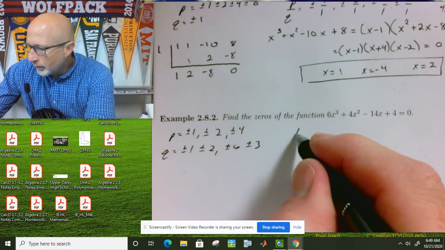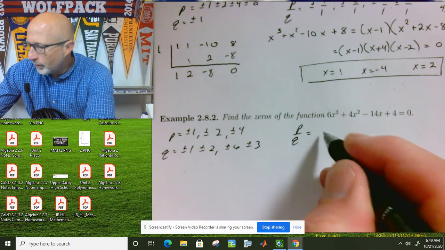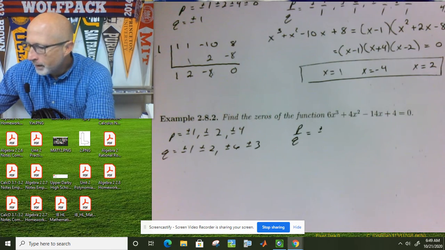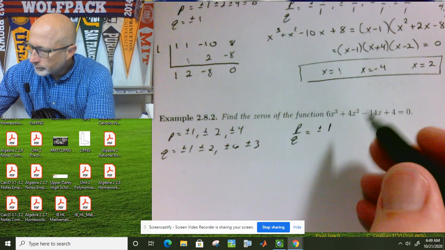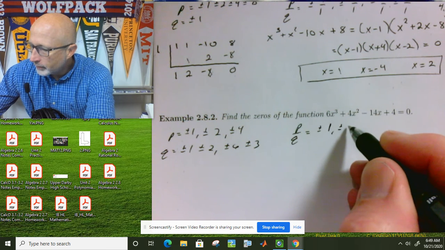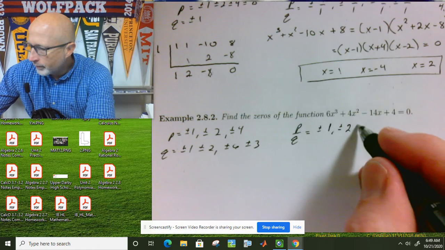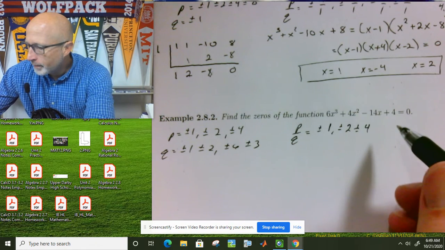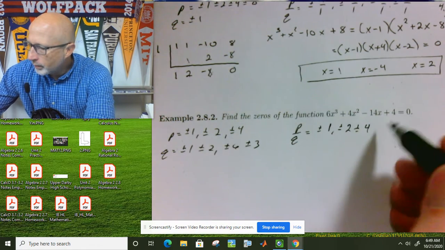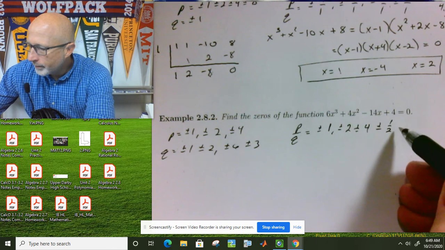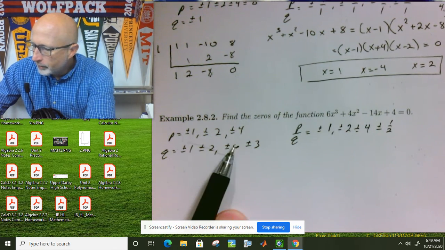Okay, so p over q is going to be in the form of plus or minus 1 over 1, plus or minus 2 over 1, so 2, plus or minus 4 over 1, so 4. And then we're going to go plus or minus 1/2, plus or minus,